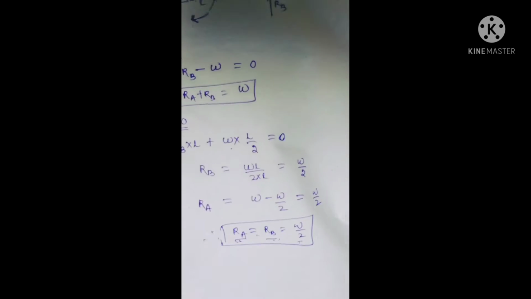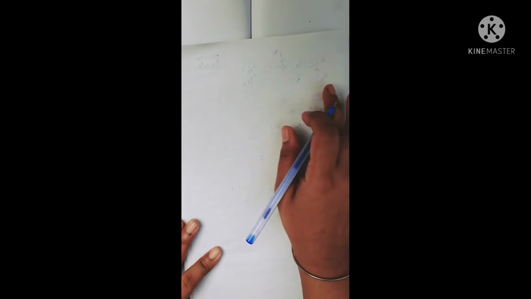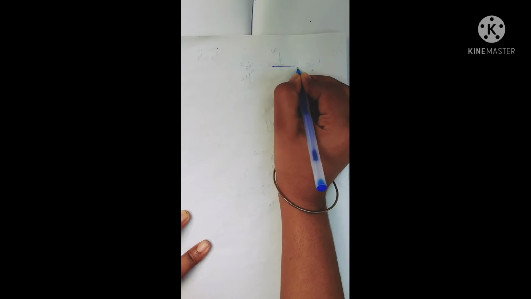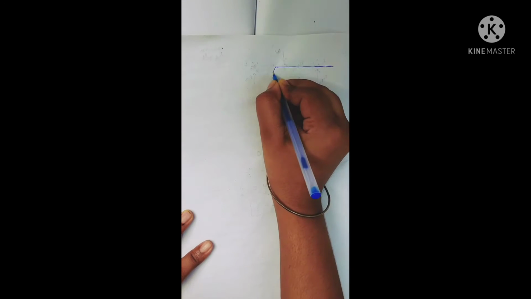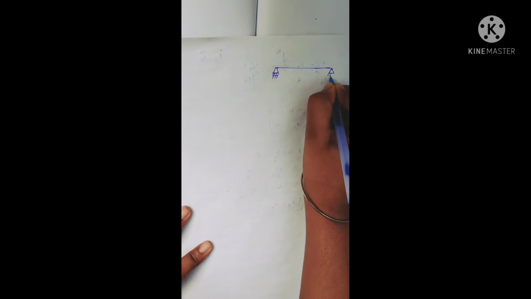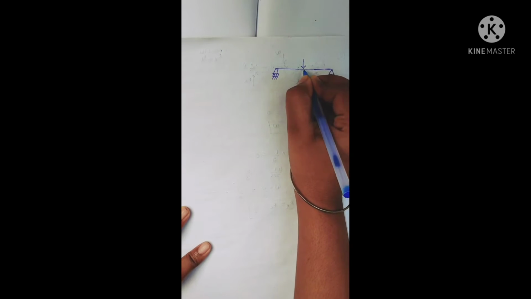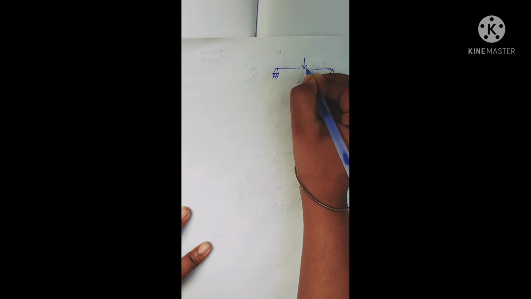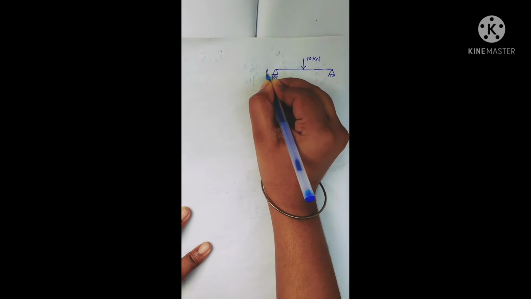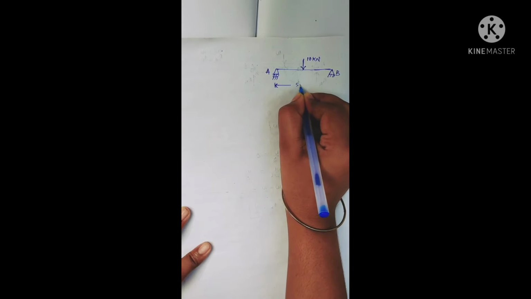In this video, we are going to learn how to calculate shear force and bending moment diagrams. Let's take an example of a beam and calculate its shear force and bending moment. Let us take a simply supported beam carrying a point load at its midspan. That point load is 10 kilonewton, the supports are A and B, and the length is 5 meter.